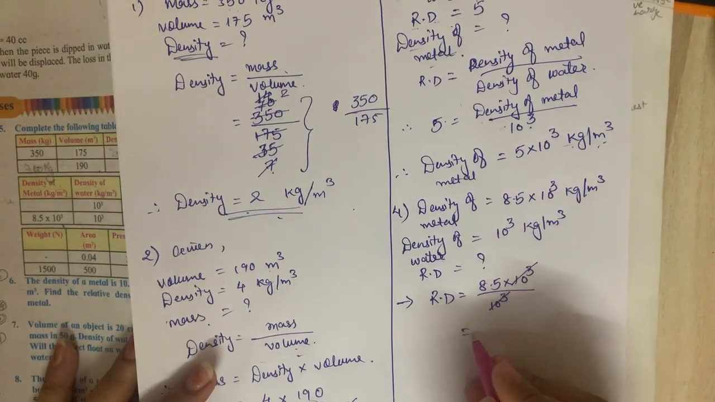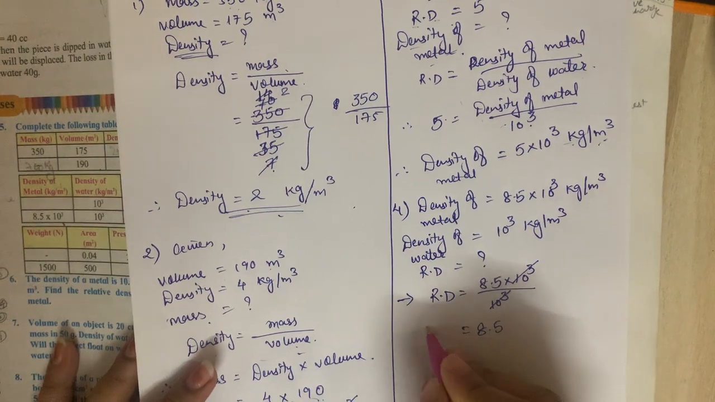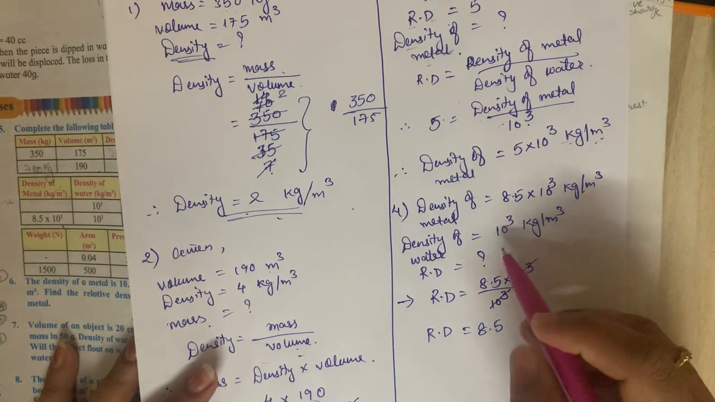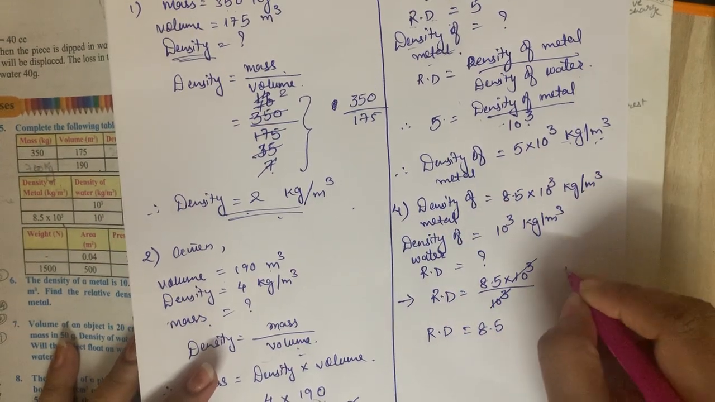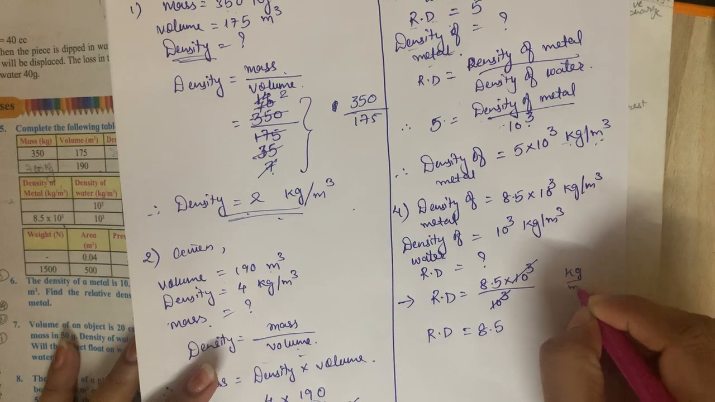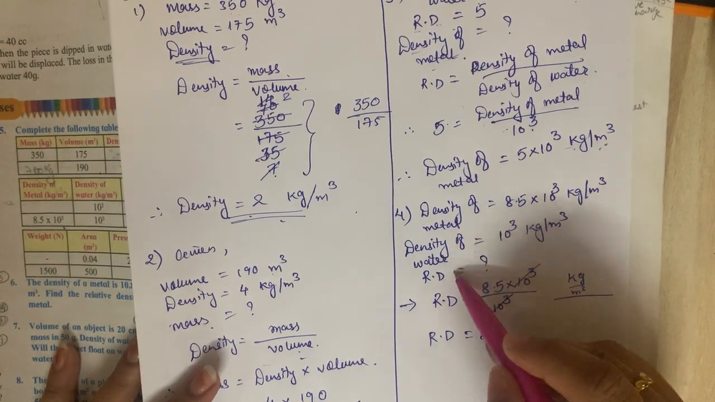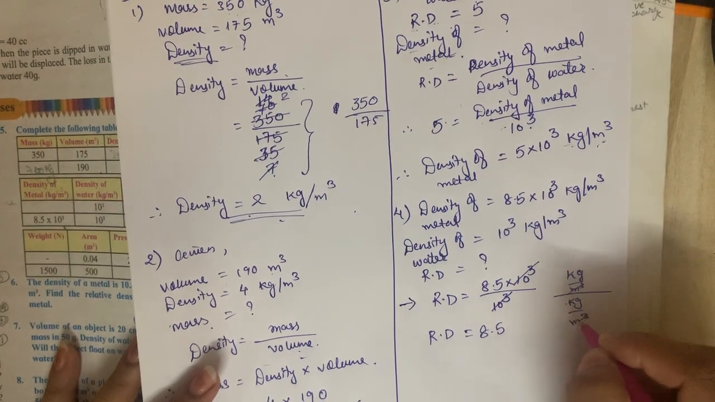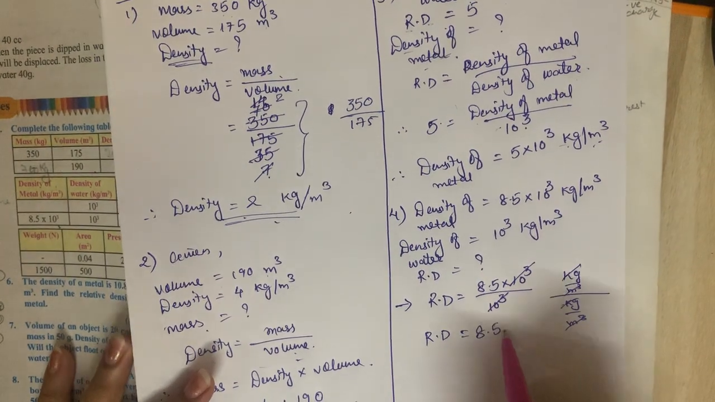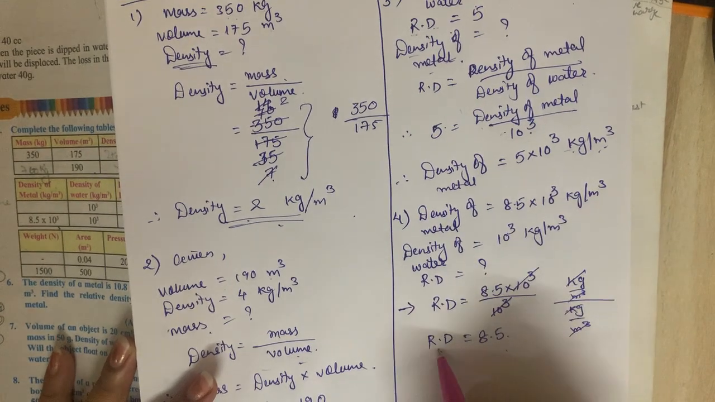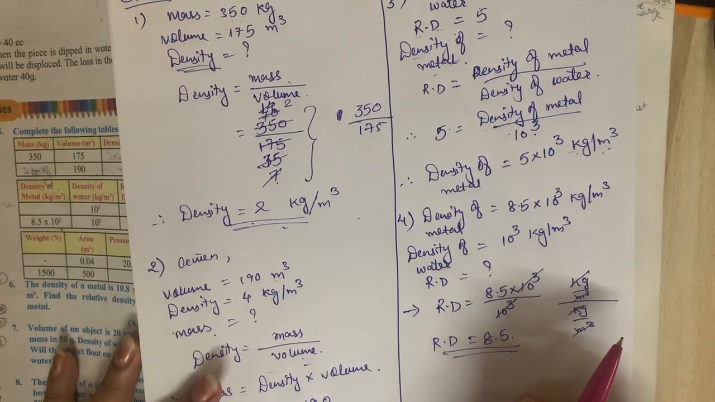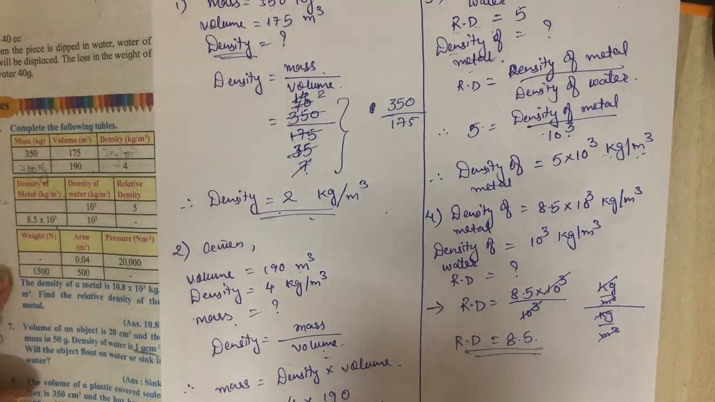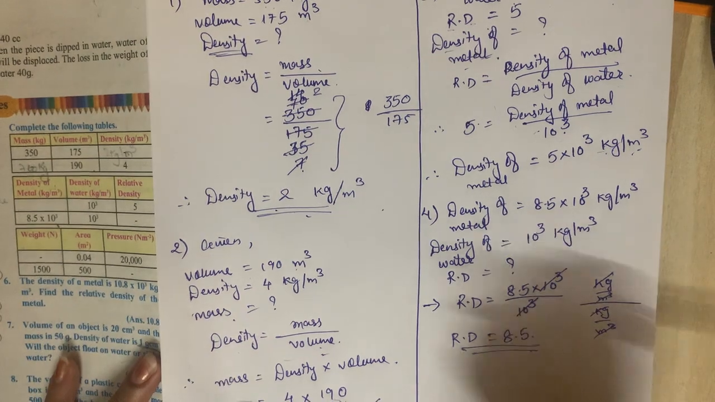So what is the answer? 8.5 relative density. Even unit also will cancel out. See, unit of metal, that is kg per meter cube, upon density of water, that is kg per meter cube. It is very easy. Everything will be cancelled out, so no unit is left. So relative density is equal to 8.5 is only the answer. Is it clear? So this is all about this one. Now next, that is